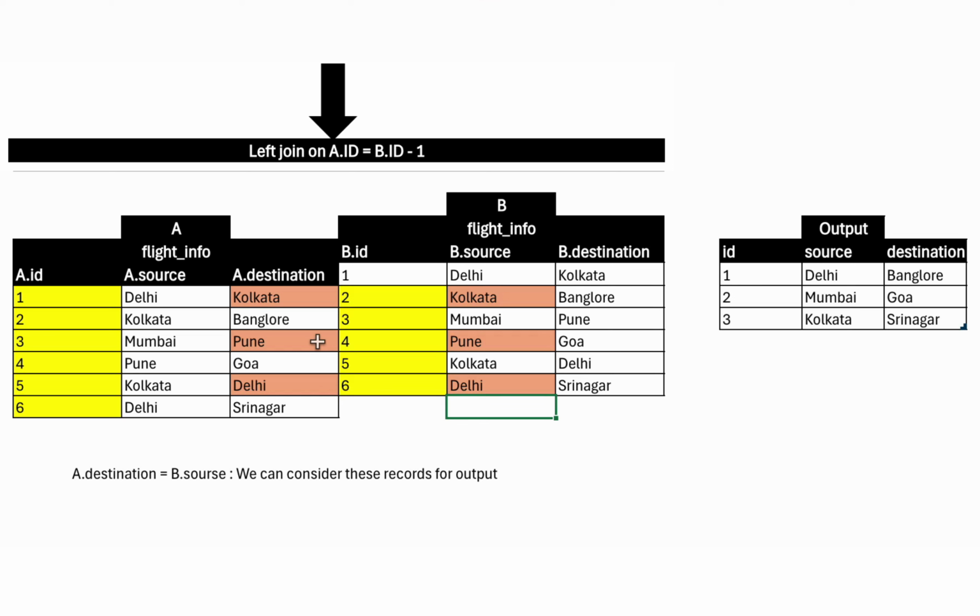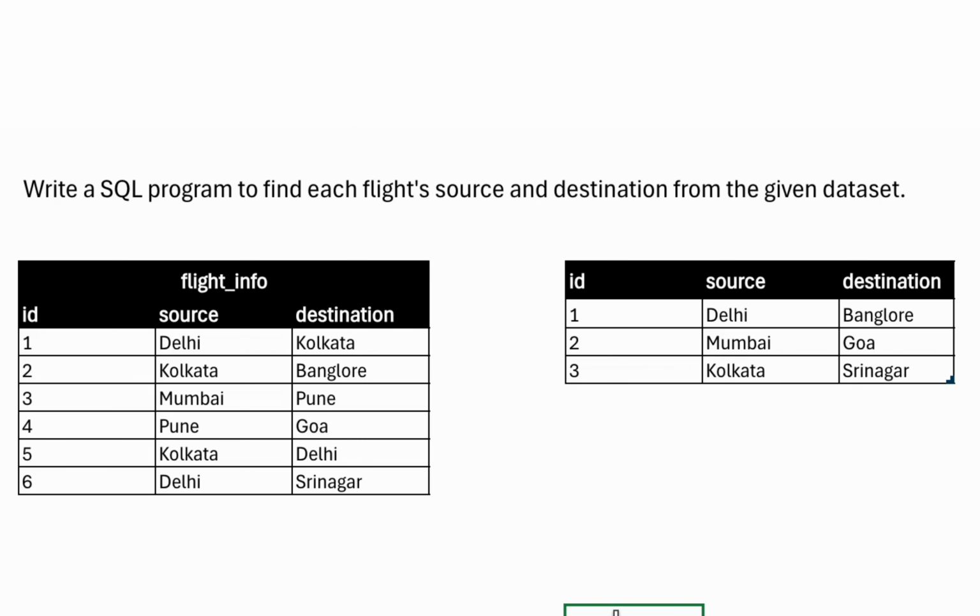So the question is why we are checking a.destination with b.source. Let's try to understand this first. We are checking destination and source because we are checking a.source equal to b.destination. The reason is because if you again